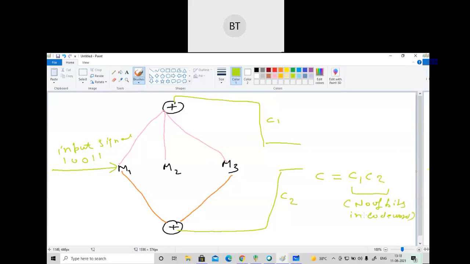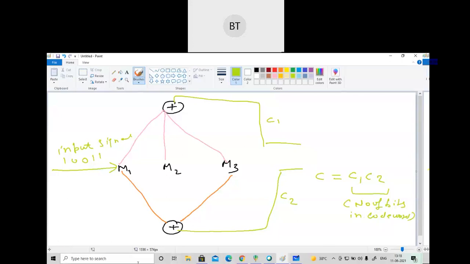Is this clear how I have made this diagram? If this diagram is made, the problem has been solved. Now we have to make the state table. Is this clear how I made this diagram? It is very simple, I think. Is there any doubt in this diagram? Please tell me if any issue is there. Should I move on? Okay, so let's see what to do now.